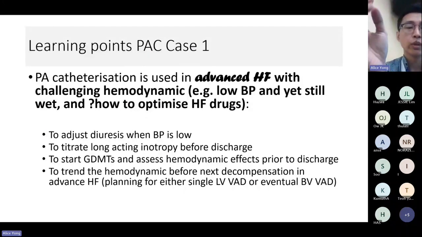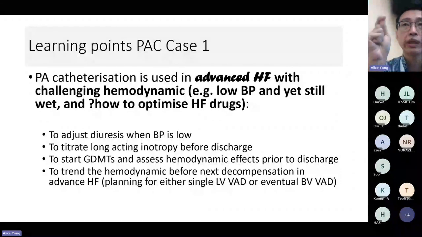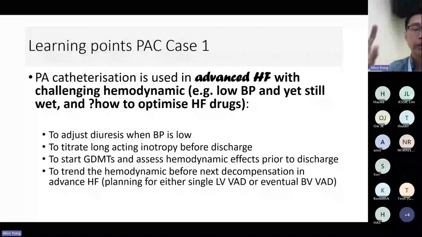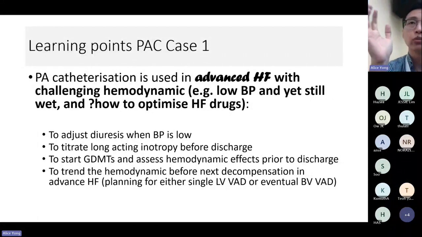All right, so having the hemodynamic numbers for us and titrating when the patient is in the ward with all these numbers, it can help us to decide and at least push up a little bit of the GDMT that can give benefit to the patient's heart failure. So it is good that we practice using PACs on patients who are having advanced heart failure. Okay, it is also quite important for us to monitor the cardiac output, both left and right, from this PAC, so that we know what